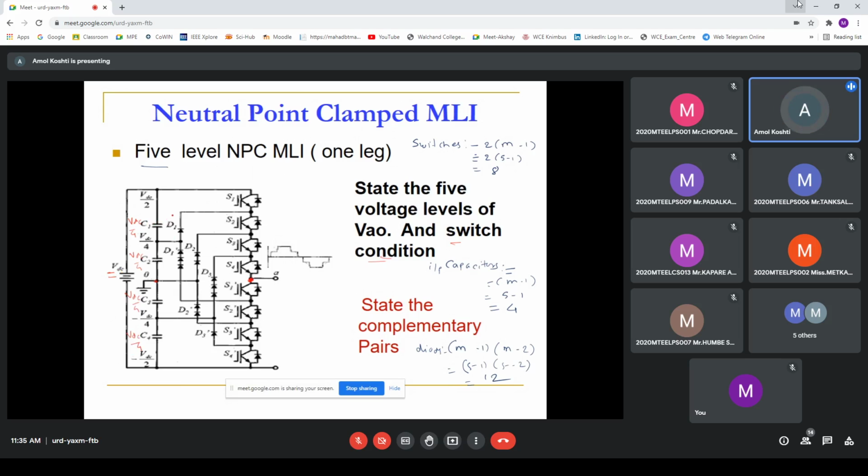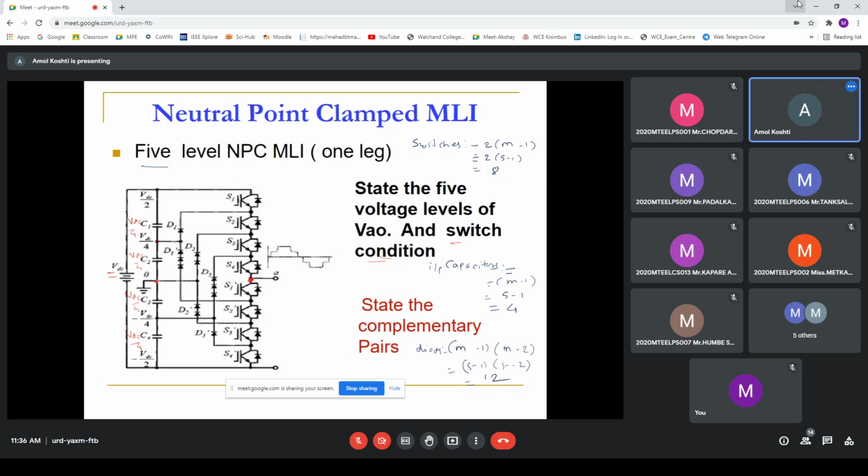In this way the input voltage is divided across the capacitors. And you see how the connections are done here. The intermediate point of C1 and C2 is connected to this point, D1 is there. Then this end is connected; after S1, the cathode of diode D1 is connected. In series with this, another 3 diodes are added, and it is connected after the complementary of S1, which is S1 dash.